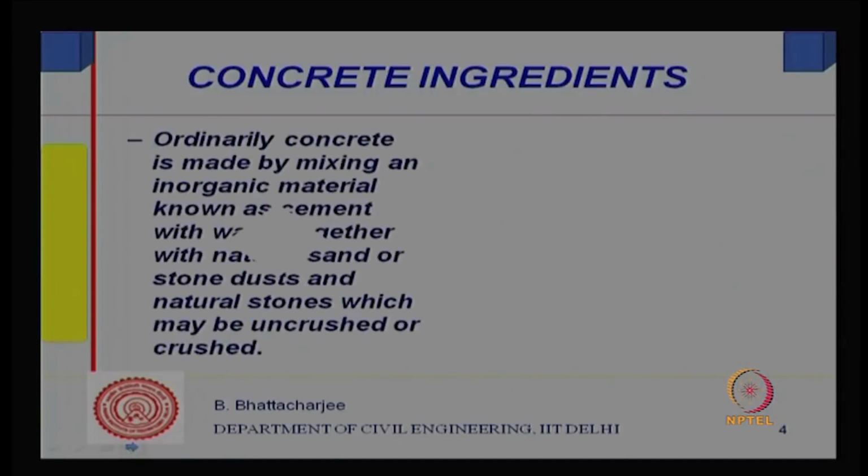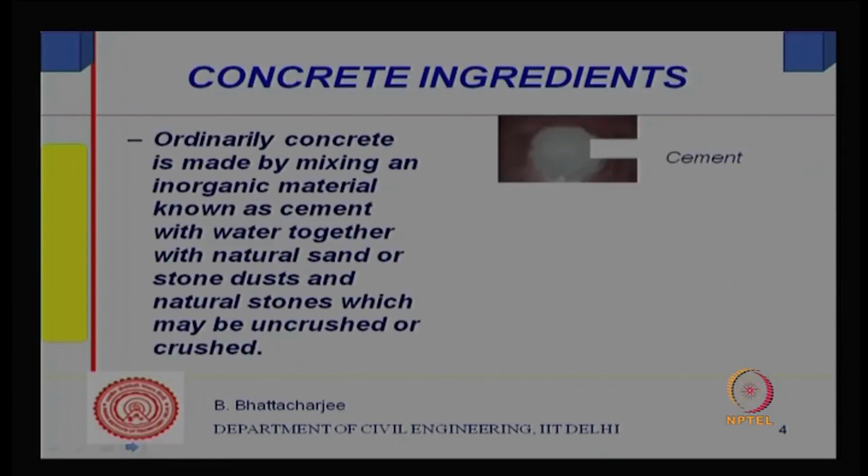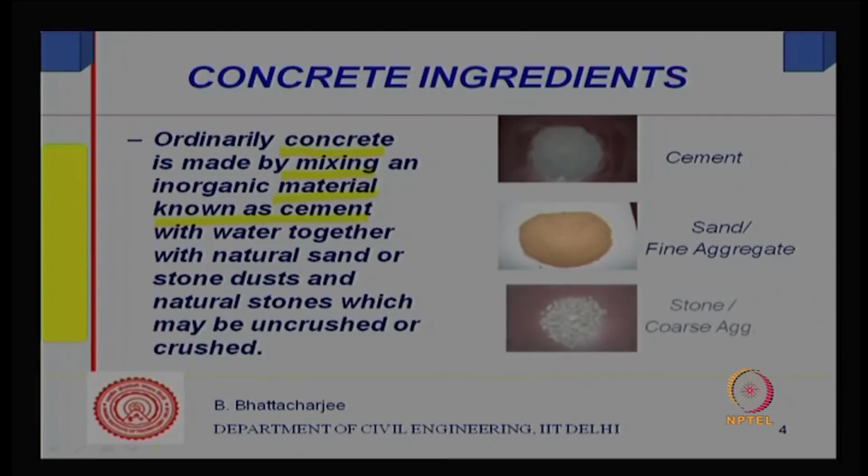Ingredients of concrete, therefore: if we look at ordinary or normal concrete, it is made by mixing an inorganic material known as cement. I said cement sand mortar. So, cement is one of the components. Water together with cement forms what is called paste, and then natural sands or stone dust, as we can see, stone dust or natural sand. And